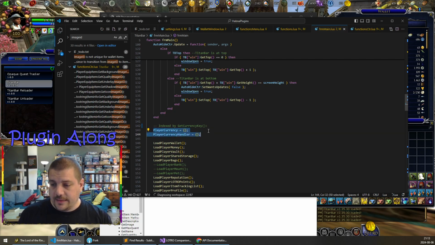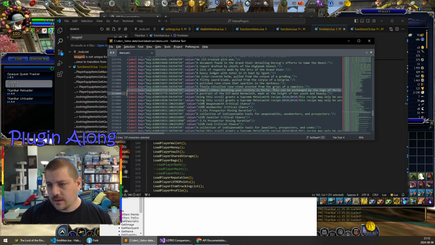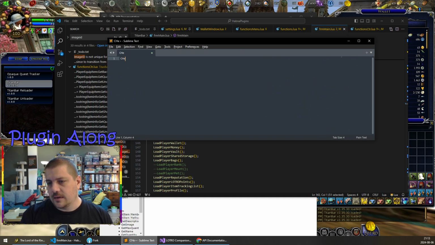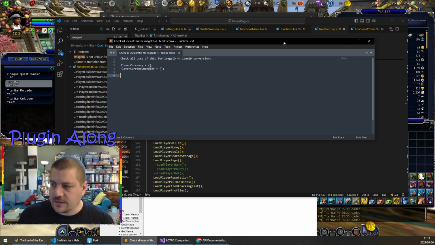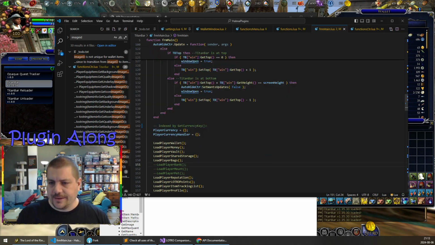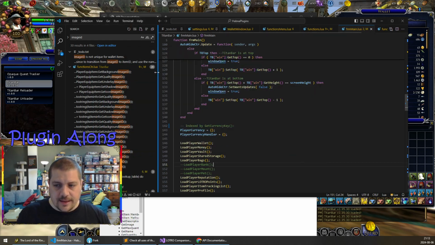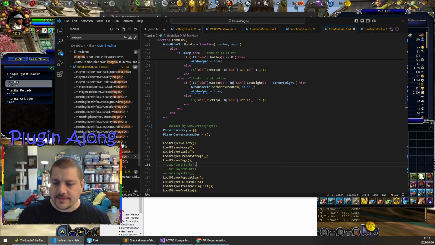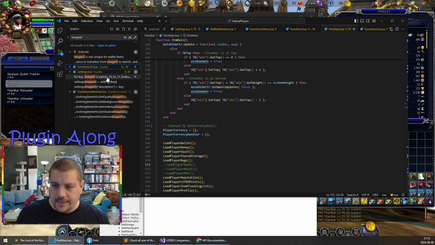So let's make a kind of a list of things to check. Check all uses of this for image ID to item ID conversion. Okay, so that's a note for ourselves. Where else? Now there are other places we're using image ID, so we can't just take all of those. But,